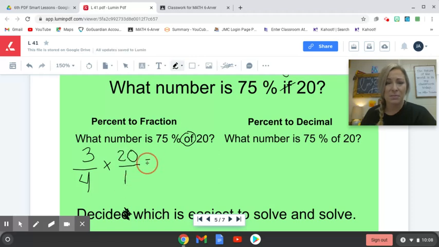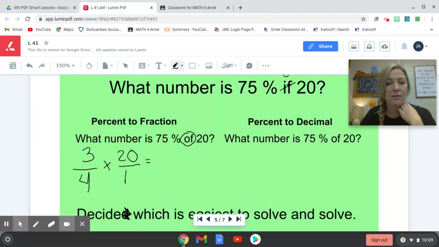Now this is just a multiplying fraction problem. I could cross reduce, and I'm going to use this opportunity to remind you how to do that. I'm going to look at numbers that are diagonal from each other. 3 and 1, I can't reduce anything there, but 4 and 20, I definitely can. They have a common factor of,